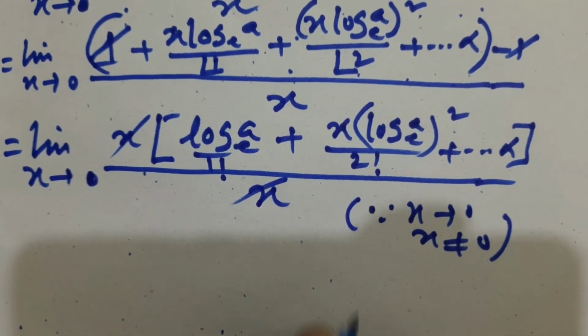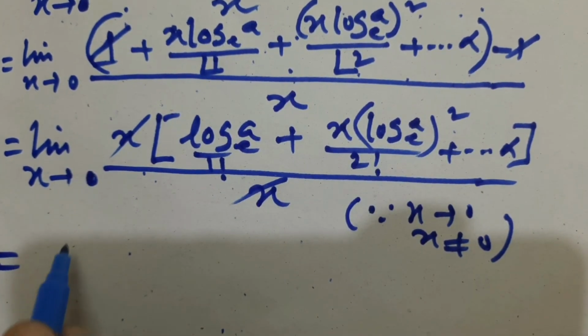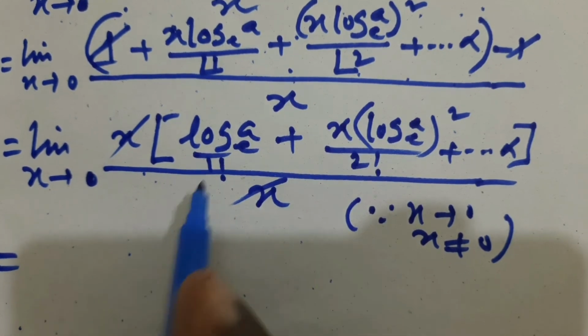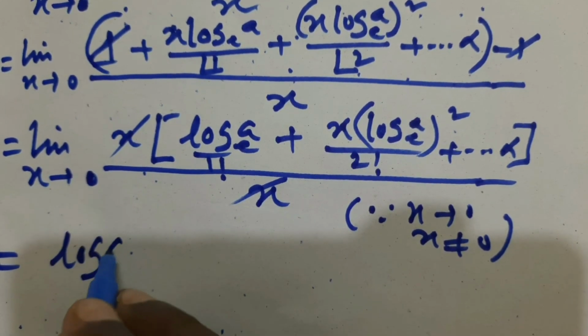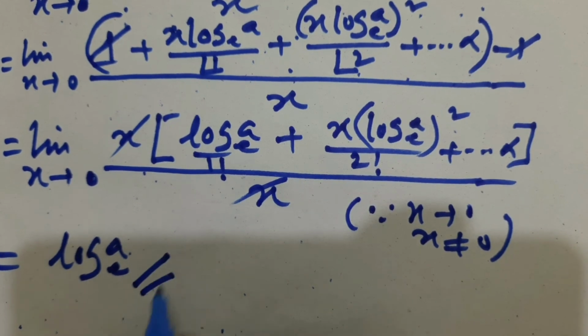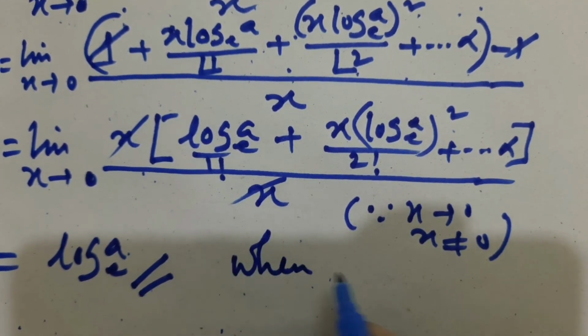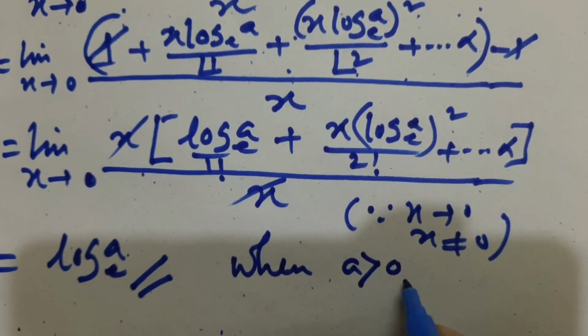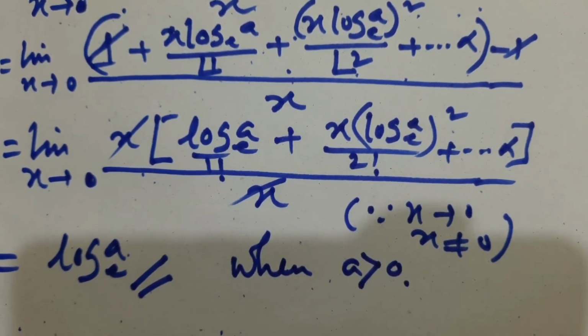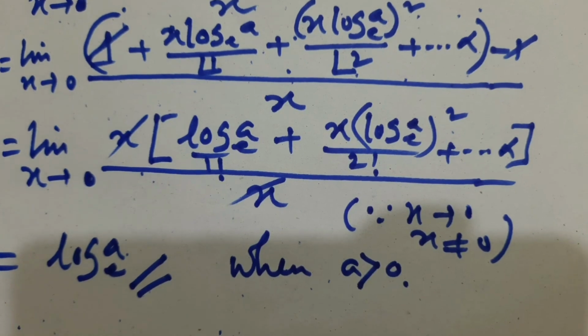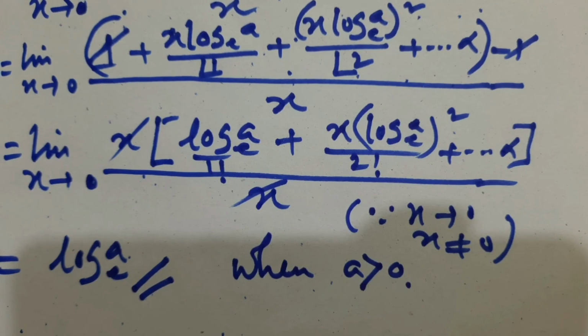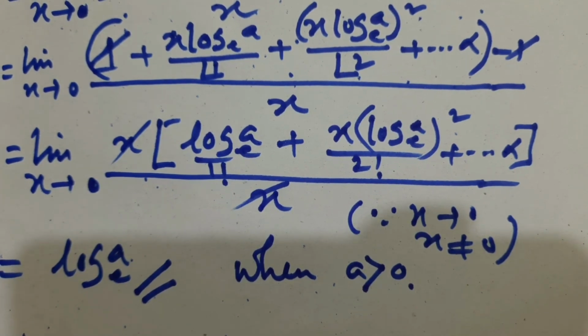Now put x approaching 0 in each term, then we get only log a to the base e. So this is your answer, when a is more than 0. Okay, this is a very important point,